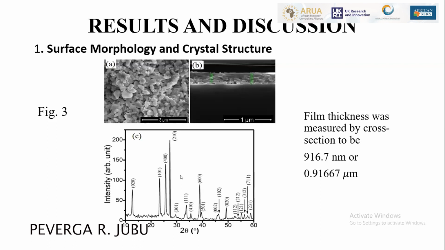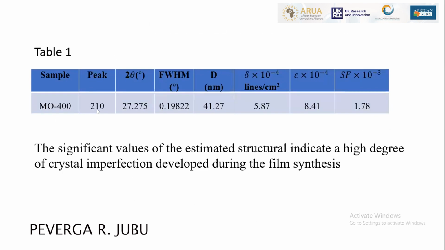Which is the most stable phase of molybdenum oxide that is chemically and thermally stable to undergo water splitting reaction without being degraded? Structural parameters were investigated at the highest peak of 210, and we can see that the crystal size is about